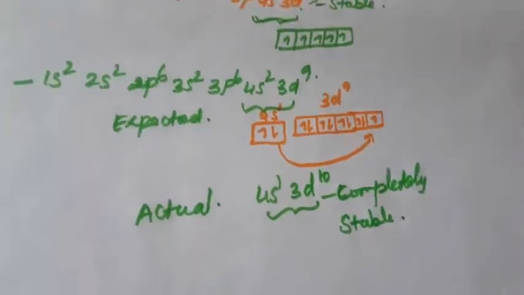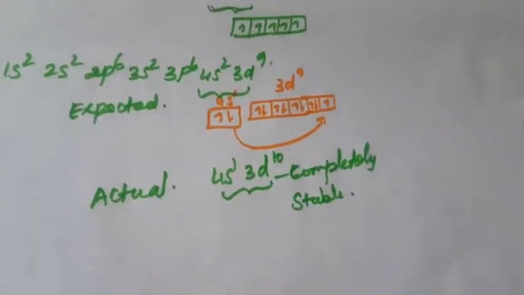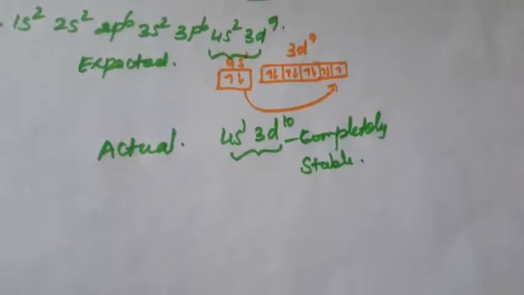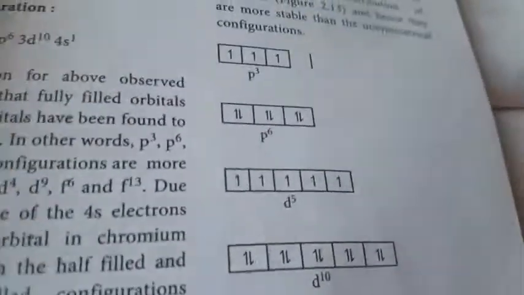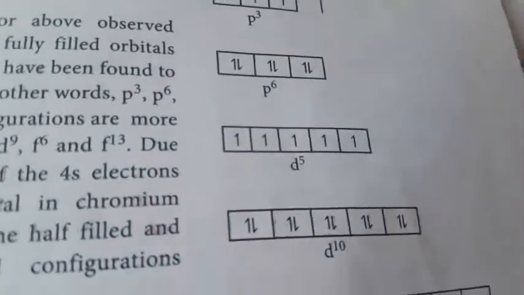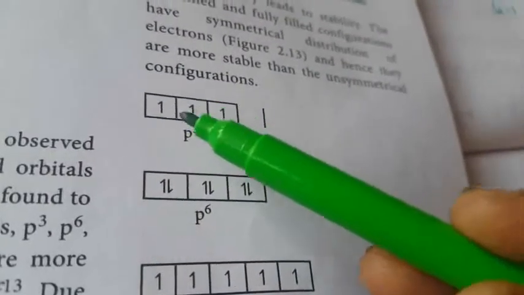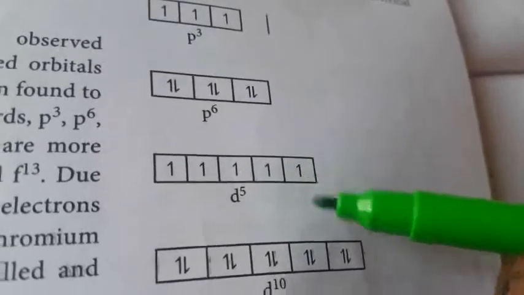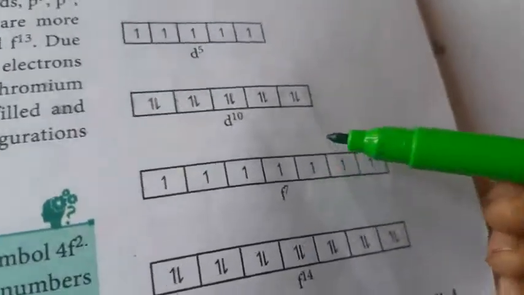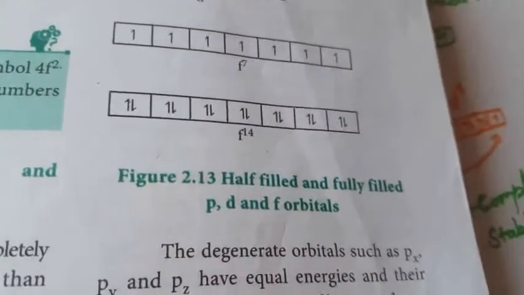So another one, so we can write, this is the electronic configuration. Next one is symmetrical distribution of the electrons. First you understand how to write the symmetrical distribution. Symmetry means stability: the half filled and fully filled orbitals. So that is p3 orbital. The p orbital means 3 electrons, single electrons. p6 means 6 electrons. This is half filled, completely filled. This is the f orbital, f14, that is half filled and the fully filled orbital. Okay, so that is how to write the symmetrical orbital.